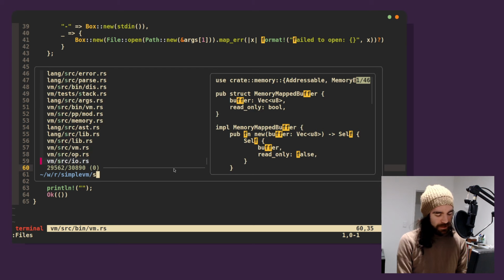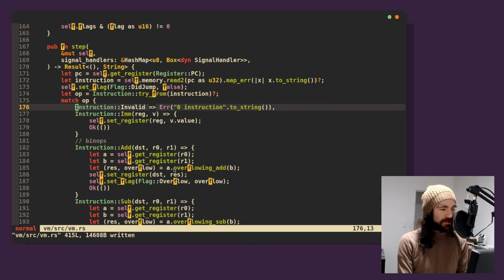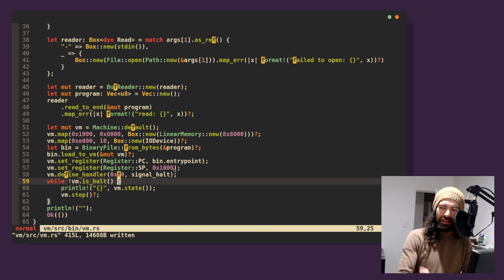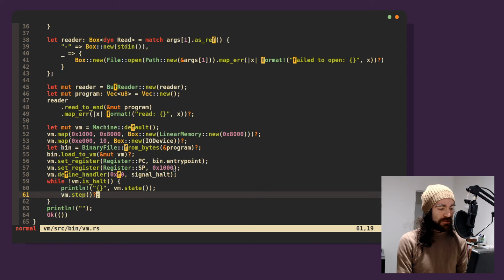So let's look at my VM op instruction, try from instruction. I would love to get the instruction we've just run, because I suspect I'm storing a word instead of a byte, right? Actually, even better. Let's cut this off right at the source.